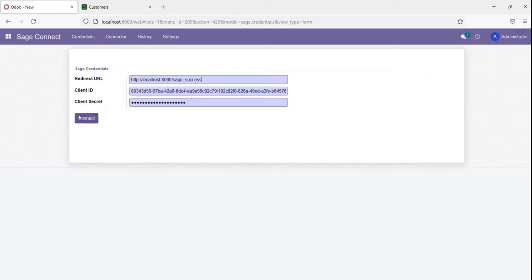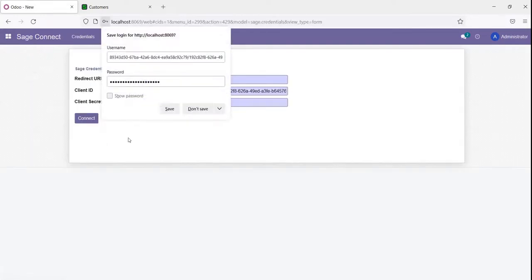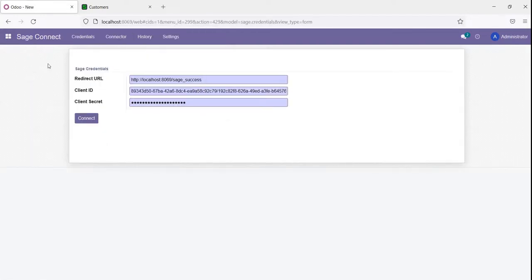and this will ask a specific account to authorize. After authorization, you will be redirected to Odoo again. I will demonstrate with an example how it works. So I just click the connect button. We have already added our account, and we have been redirected to Odoo again. Okay. So I just go back to the Sage connector again, and after authentication we will move to the next